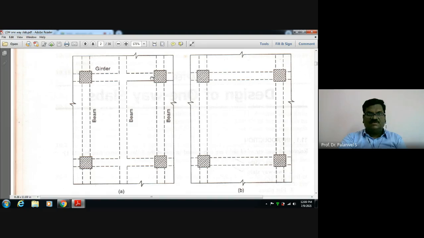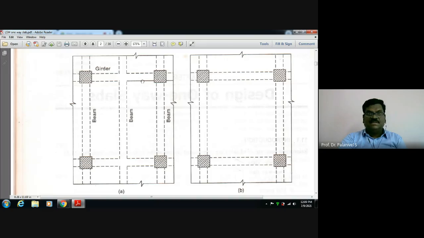This is also a beam, but it is called a girder because it carries other beams. This long beam is supported on the side beam, which is spanning between columns. That's why it is called a girder. This one here, you see, is a slab. Here the length is more than twice the short span. It is called a one-way slab, because the length of the slab is more than twice the length of the shorter span.